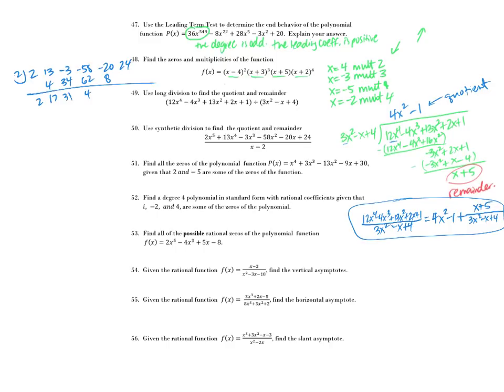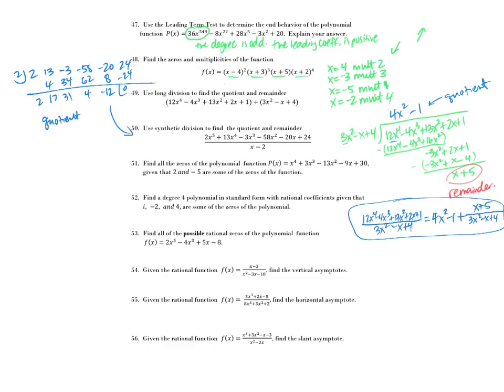Negative 20 plus 8 is negative 12. 2 times negative 12 is negative 24. So actually my remainder is 0. So the quotient, so that's for this one, right? The quotient